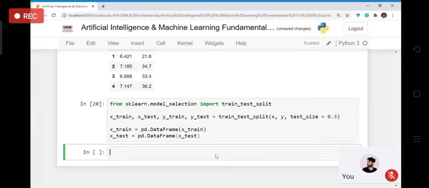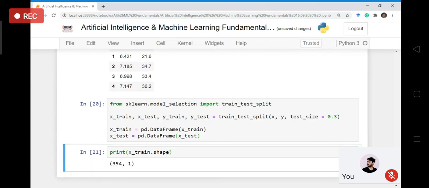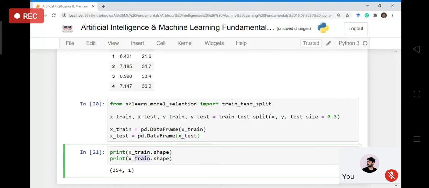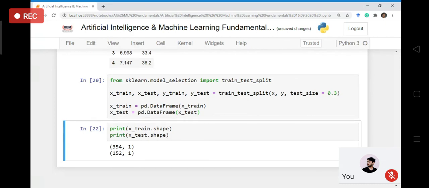Let me just show you, if you want to know what is the shape of these variables. So it is possible to find that, I believe. So I am just printing for the X part because in the Y part I will have the same number of instances.